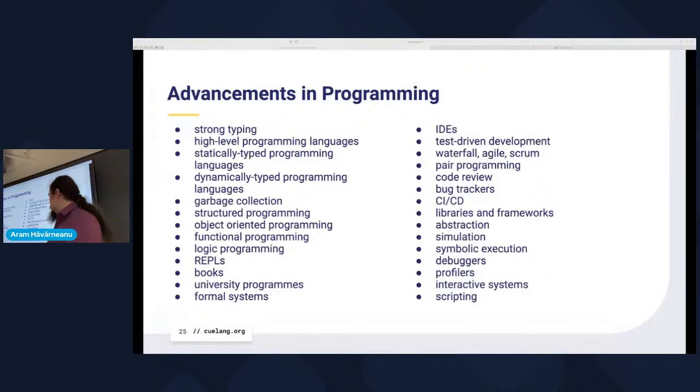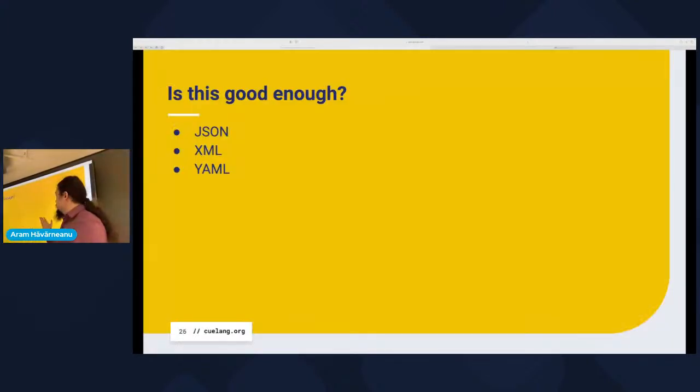Because we had this thing before. Now, first of all, I don't even think that most of this stuff is necessarily good, but it's definitely been essential in being able to achieve the complex systems that we do today. So can we do this only with this? And of course, in fact, it's even less than this, because we don't want XML generally, and it's not necessarily used that much in the cloud. It's mostly JSON and YAML, and people are kind of converging on YAML. So it's really only this. Is this good enough for our cloud configuration needs?